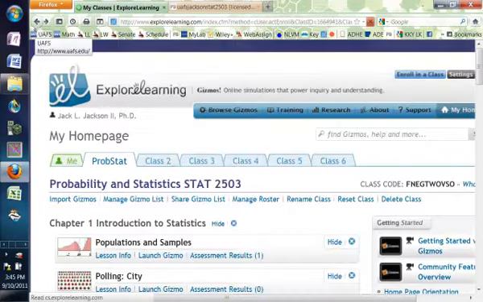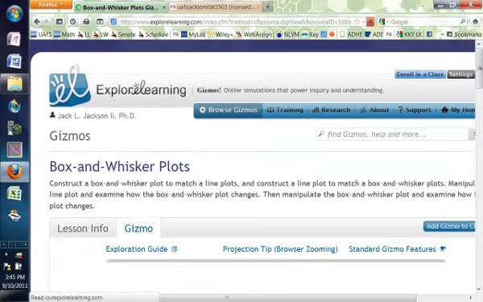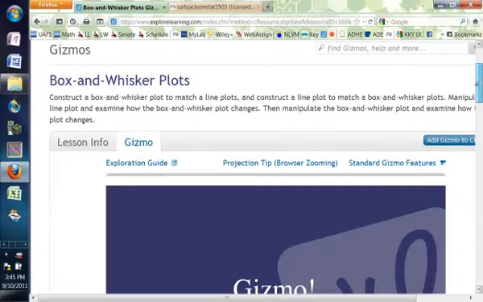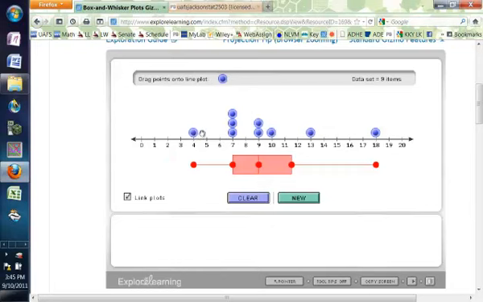Okay, let's look at another gizmo. Let's go to the box and whiskers plot next. So here, what this does is it has our dot plot, which we can build up by putting our dots on here, and at the same time it will find the box and whiskers plot. So of course the minimum controls the lower whisker, the maximum controls the upper whisker. The median apparently is right here,